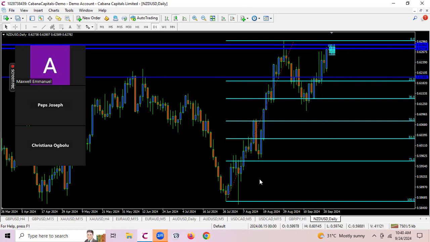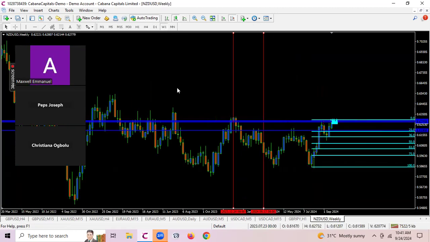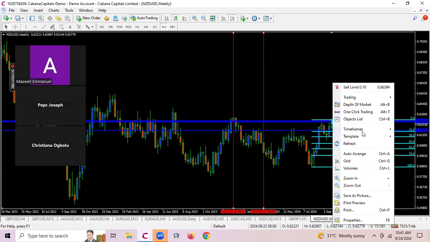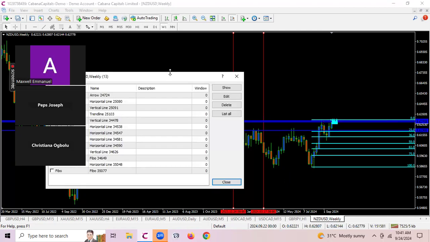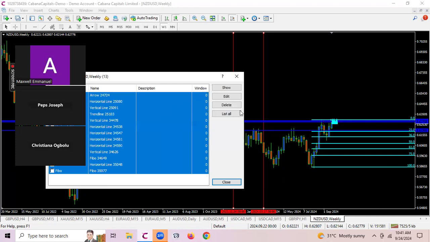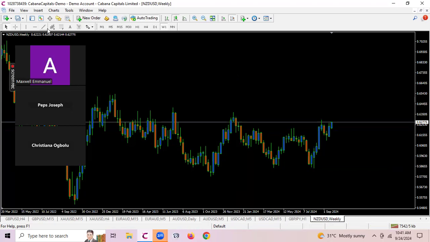Hello, sir. Yeah, I can hear you. Okay, now just my thoughts. You said that the long-term trend is bearish, but going by the weekly time frame, please can you remove this Fibonacci? Okay, now looking at this chart,